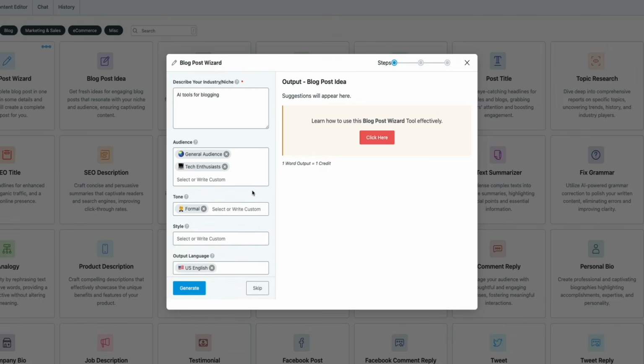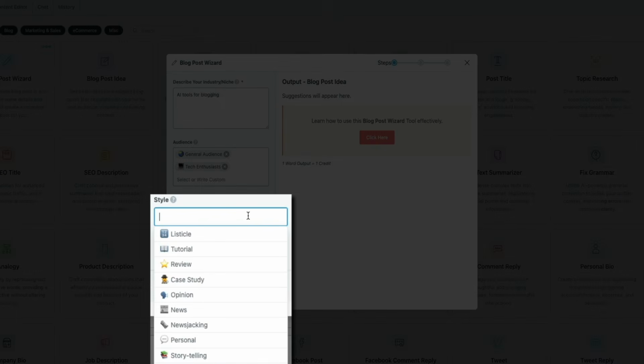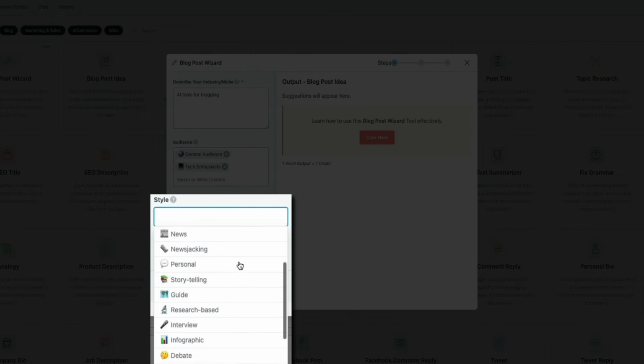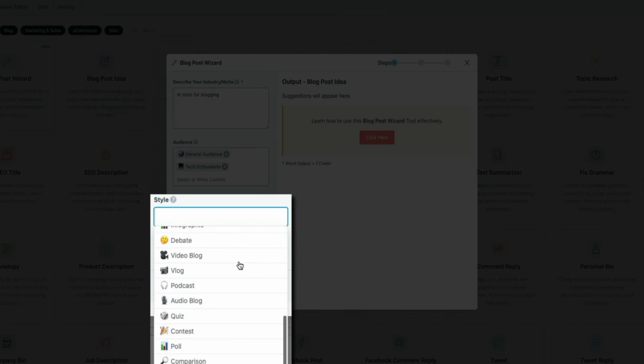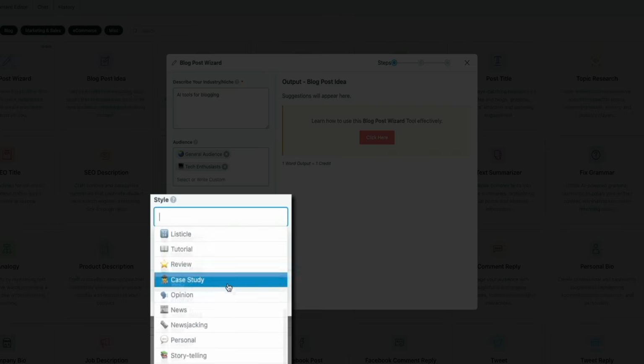Next, moving down to the style section, this determines the type of article that you want to create. For example, whether it's a tutorial, review, case study, opinion piece, or something else. When you click inside this box, you'll see a drop-down of preset options like listicle, tutorial, review, case study, opinion, etc. And for this example, I'm going to select listicle since we're creating a post that highlights multiple AI tools